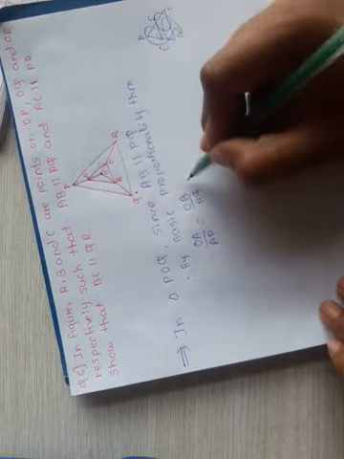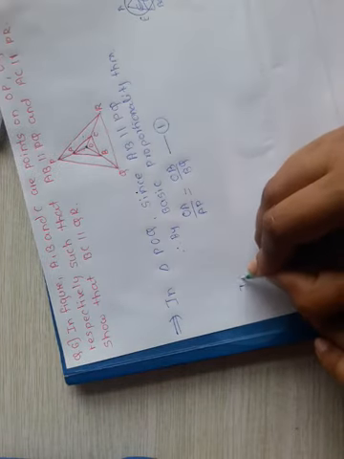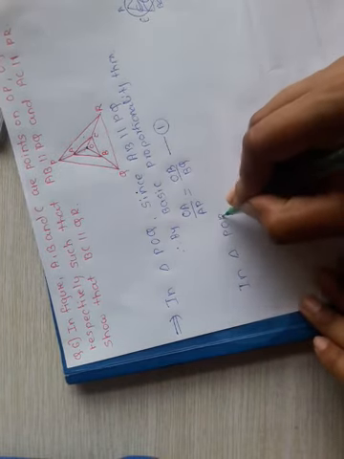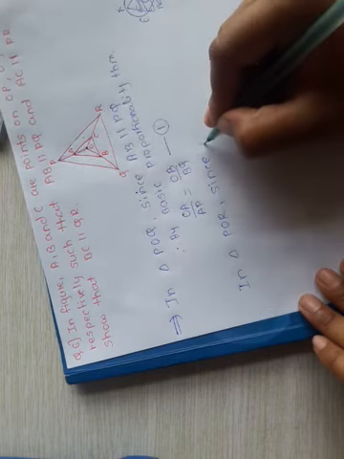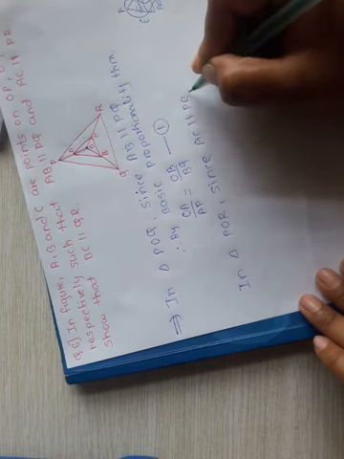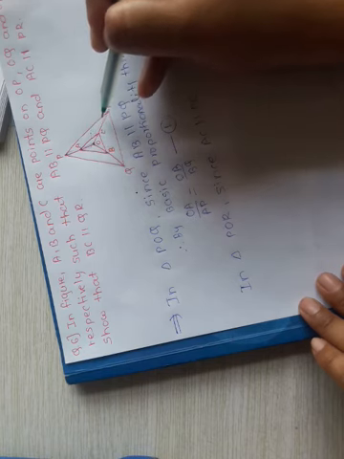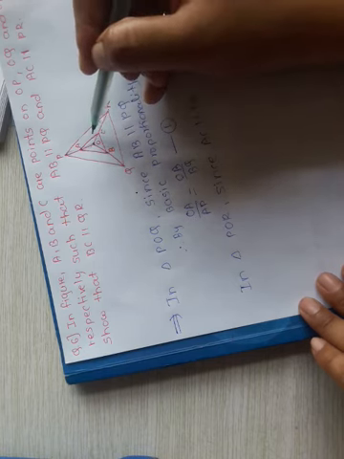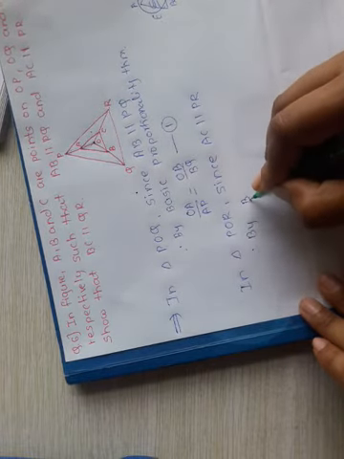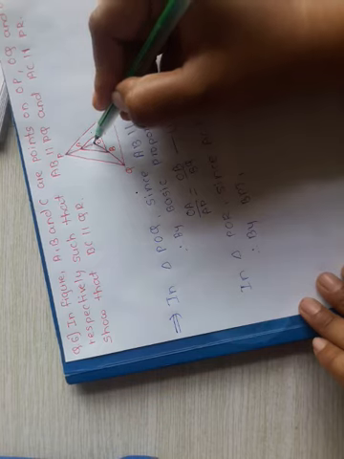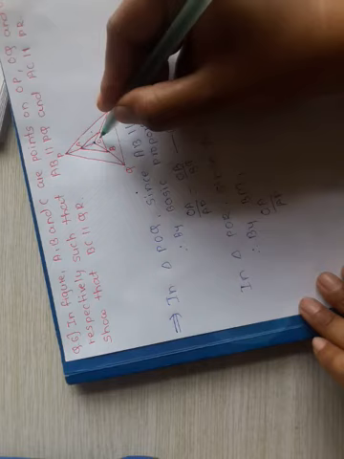This is our equation number 1. Now in triangle POR, again, what is given to us? AC is parallel to PR. Again we can use the basic proportionality theorem here. Because AC is parallel to PR is given to us, by the basic proportionality theorem we can say the ratios must be equal. So therefore by BPT, OA upon AP must be equal to OC upon CR.